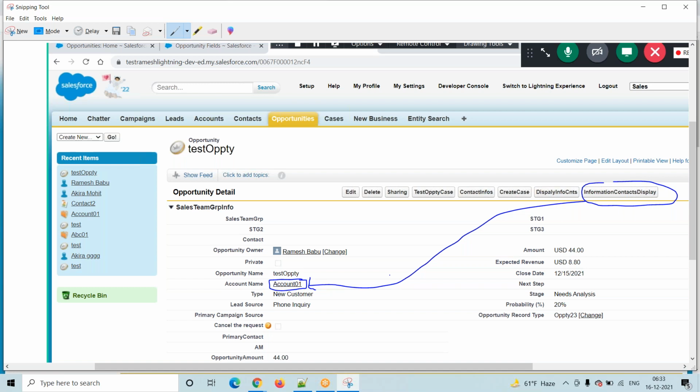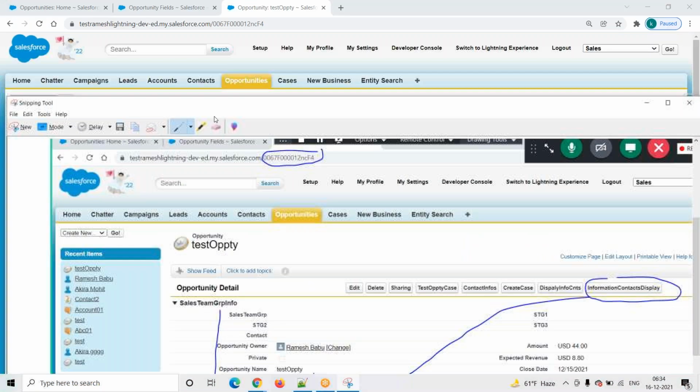That is our requirement. Salesforce is saying, boss, if you want to fetch any field from this particular record, first you have to fetch the current record ID. In the URL, we have an ID, right? Every